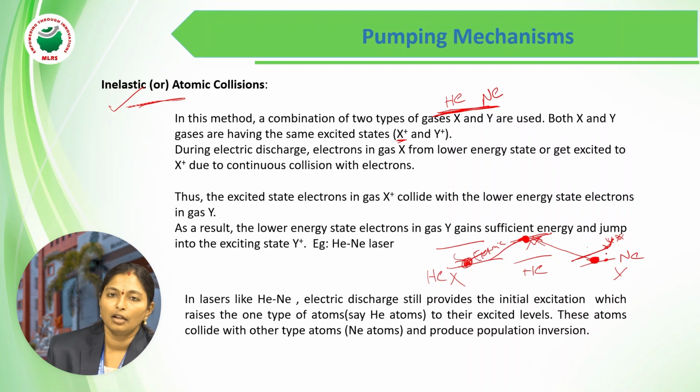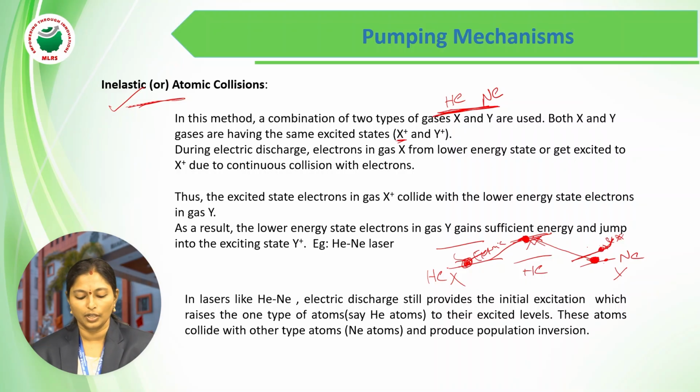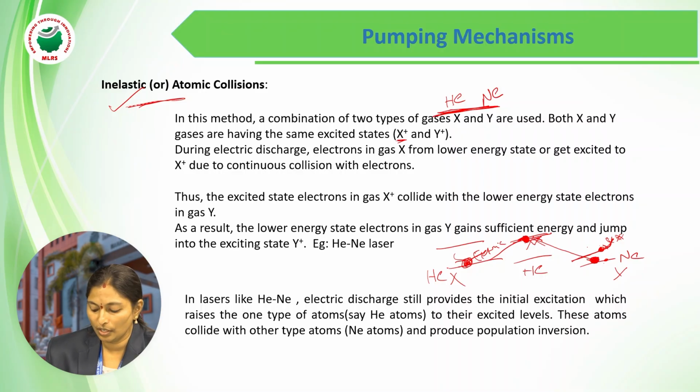The neon atoms get sufficient energy. They start to move from the ground state to the excited state. That means with the help of the collision,